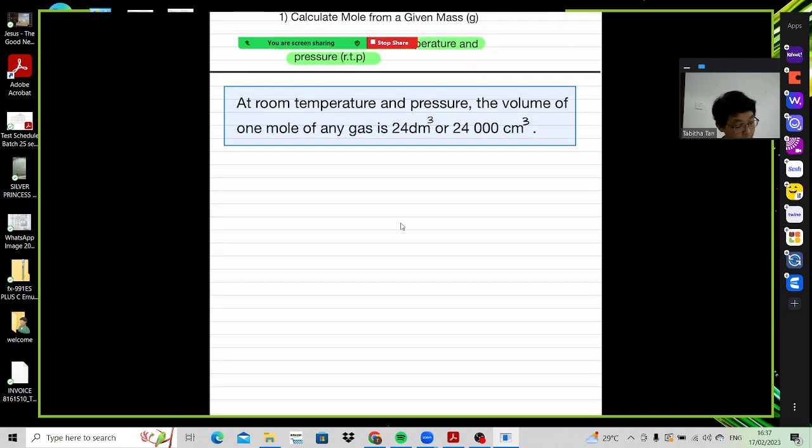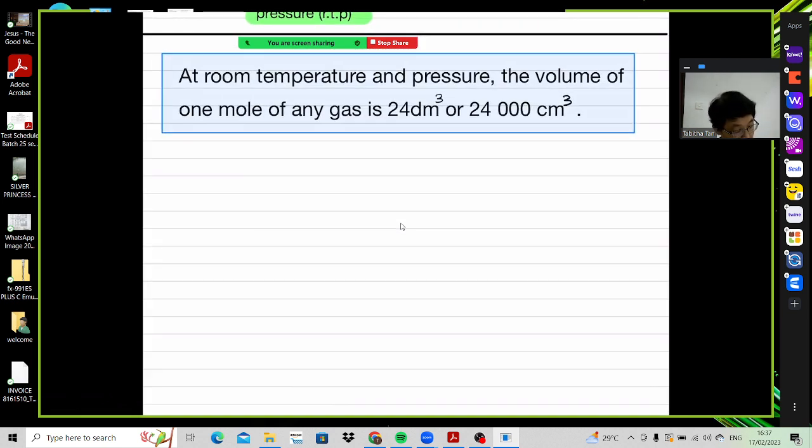So let's summarize this long sentence: 1 mole of any gas will occupy, of course the equal sign just represents, to simplify, it occupies 24 dm cube of volume,